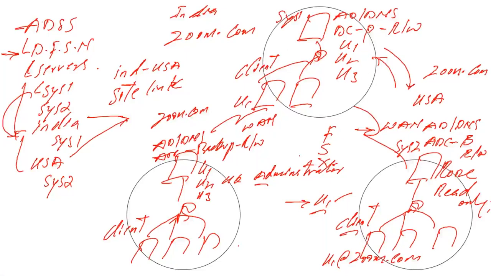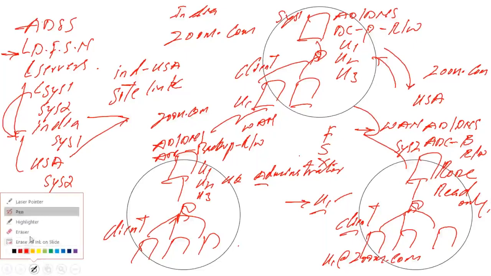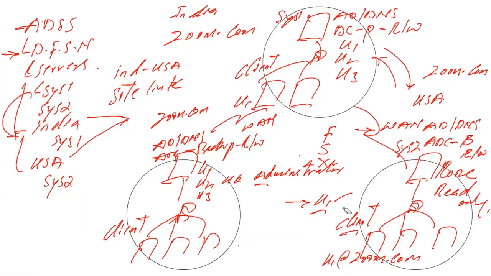Now tell me, who is managing the RODC backup server here? User one is managing. But tell me what permission this user has. Only read-only permission. So here, can he create an account? Can he delete an account? No. One of the users, for example user 2, is calling this guy and saying,